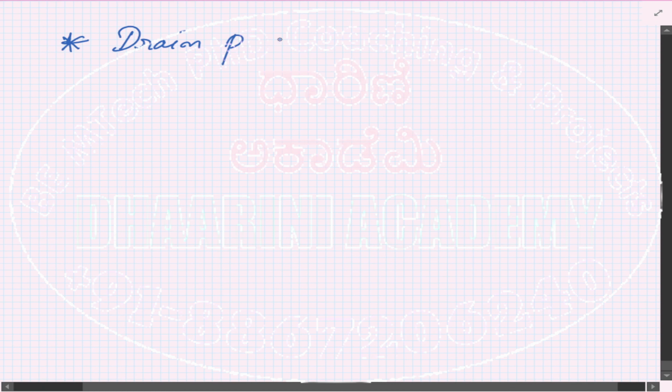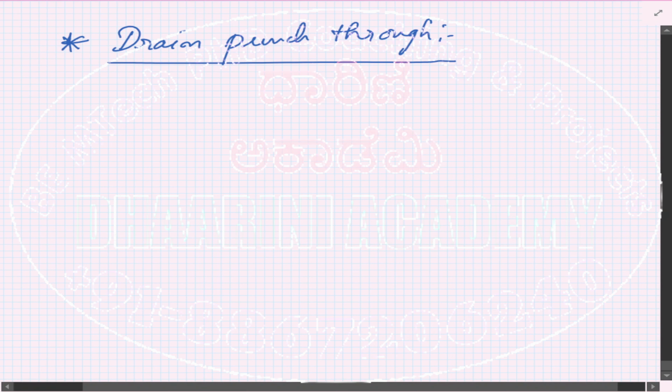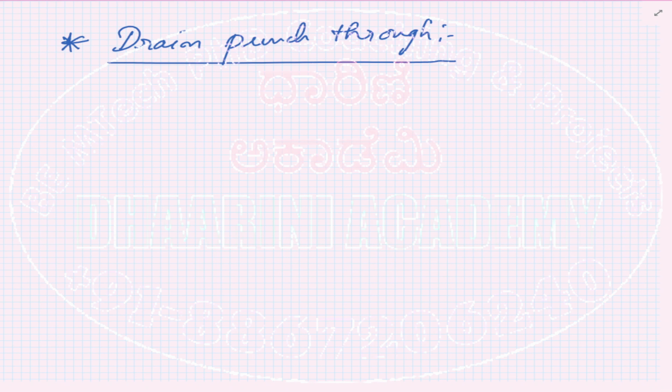drain punch through. It's called as a drain punch through effect. Now let us assume that you are going to apply a very high voltage to the drain terminal of the MOSFET, right? It means the depletion region around the drain will completely occupy the channel and even extend to the source, right? Which means the current will start to flow because the drain region has expanded and reached till